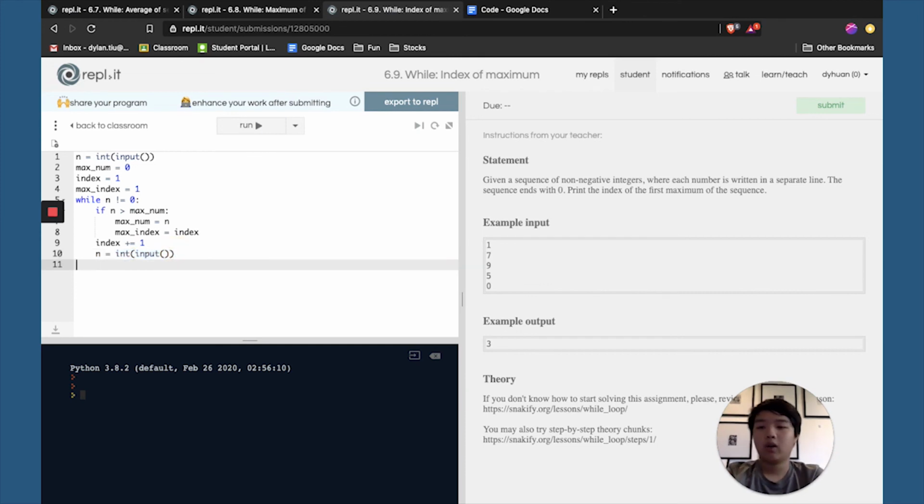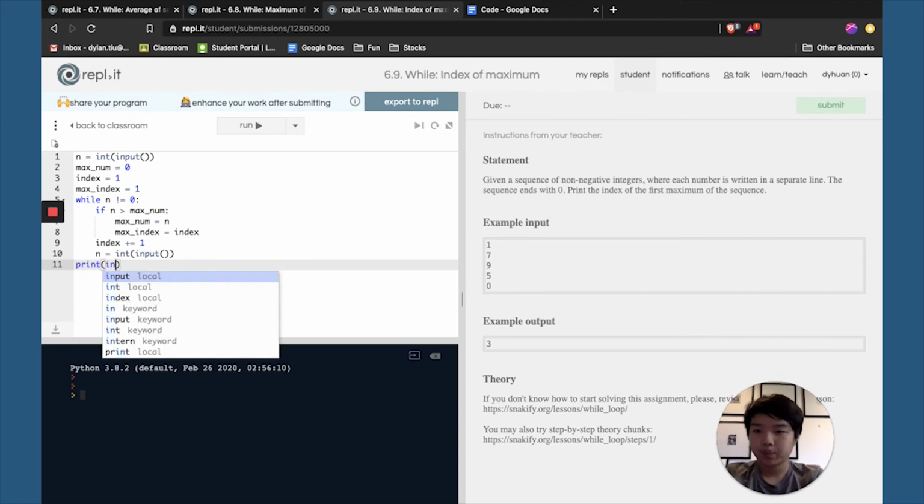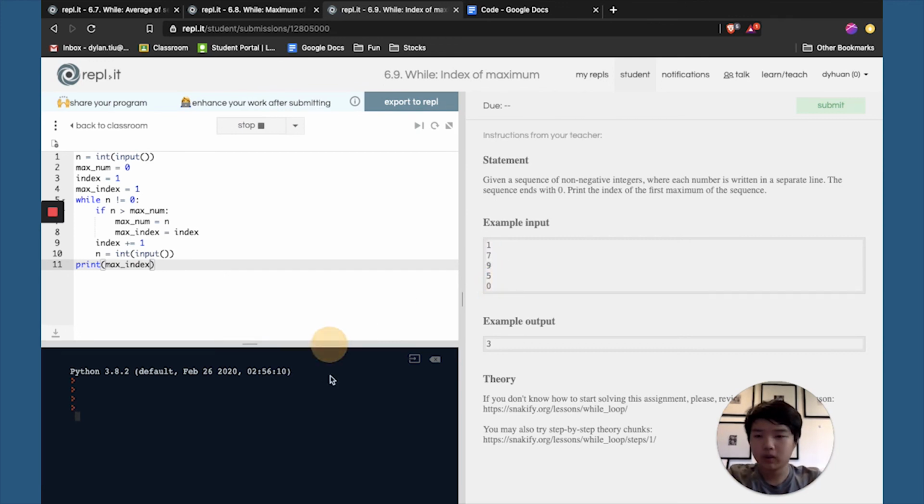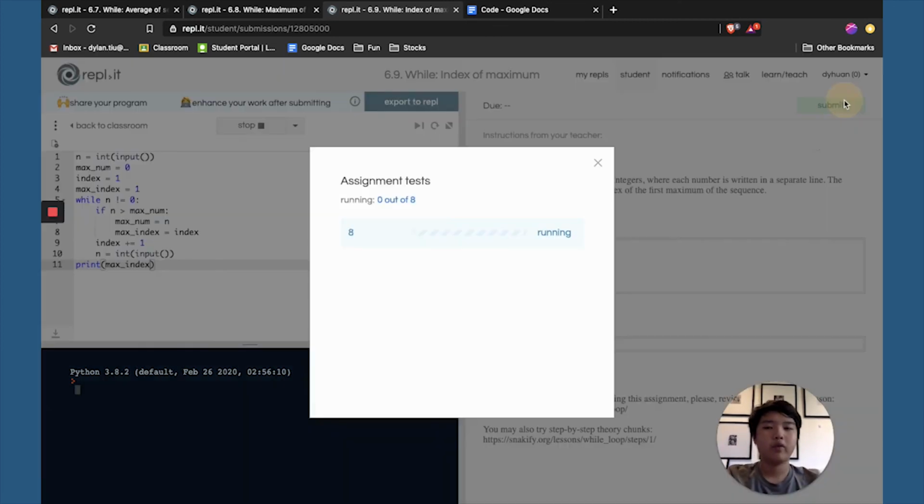Now we have to print max index, which would be 3, for example. Now with this code, if we submit it, actually let's run it first. So let's get our example input. Let's put it here, and our example output is 3. Now if we submit this,